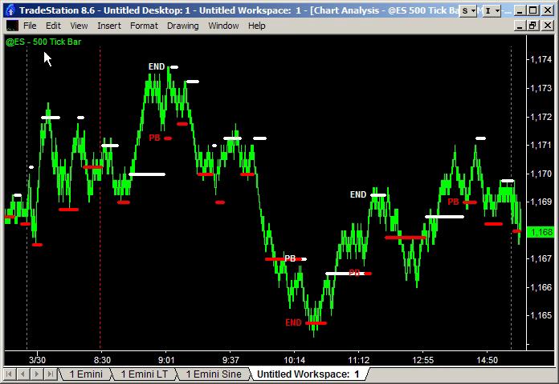This is a 500 tick bar chart of today's trade on the E-mini. This is the continuous contract at ES on TradeStation. You can see the high of the day was made up at about 1174 up here, and we've got this end of trend warning signal here on the better sine wave indicator. And the low of the day was also made on an end of trend warning signal down here at about 1165. I think the better sine wave is a fabulous indicator for just showing these kind of extremes and likely turning points in the market. But effectively, the Elliott wave principle and what I'm seeing in my indicators are measuring the